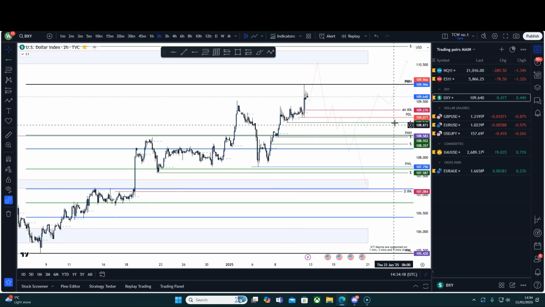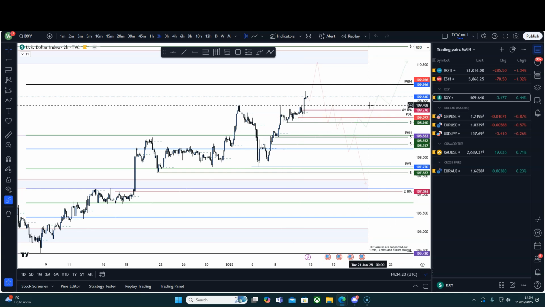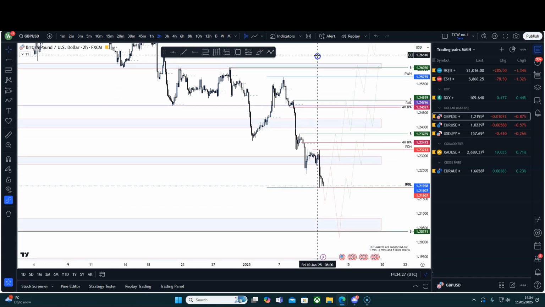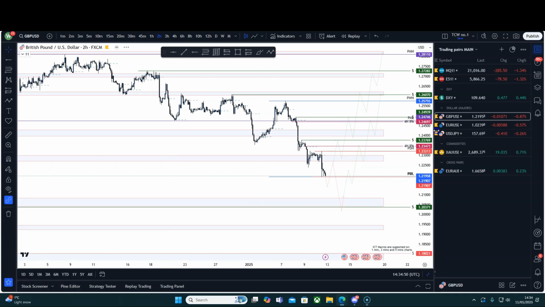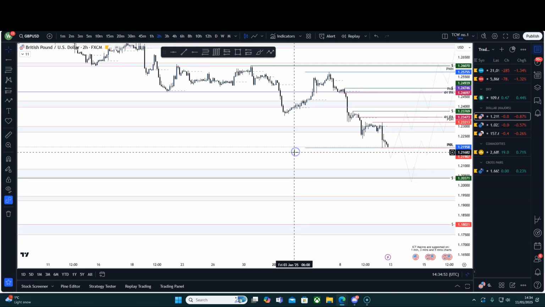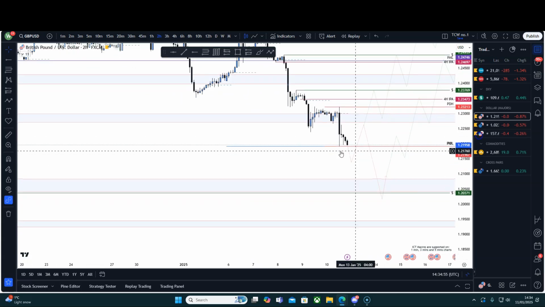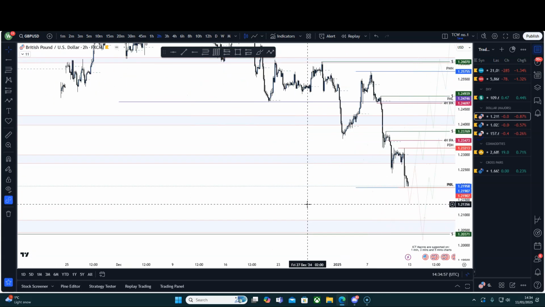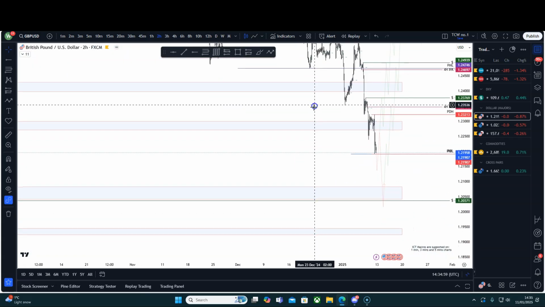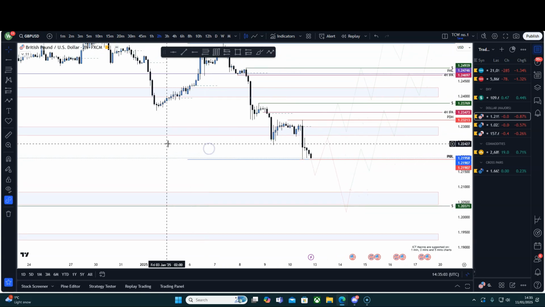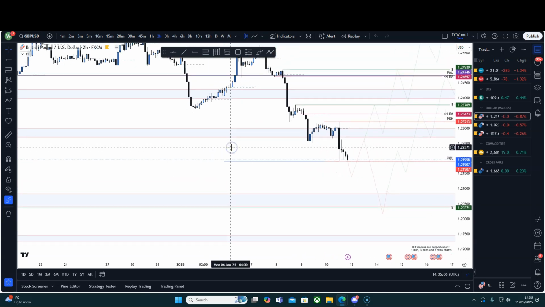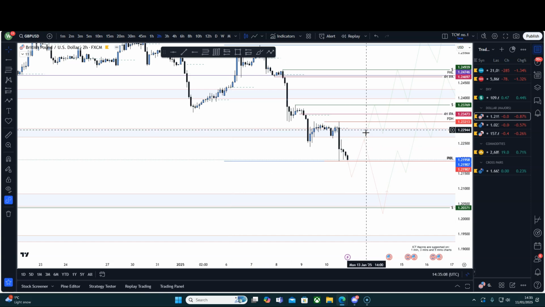So obviously I am bullish on pound and euro USD going into the week. However, if we see that pop up, then we may see another drop for pound USD. So this is what I'm expecting to see. Clearly, we are bearish. However, we have been bearish for so long, and the market will not continue on and on until it feels it's grabbed enough liquidity to then buy up.